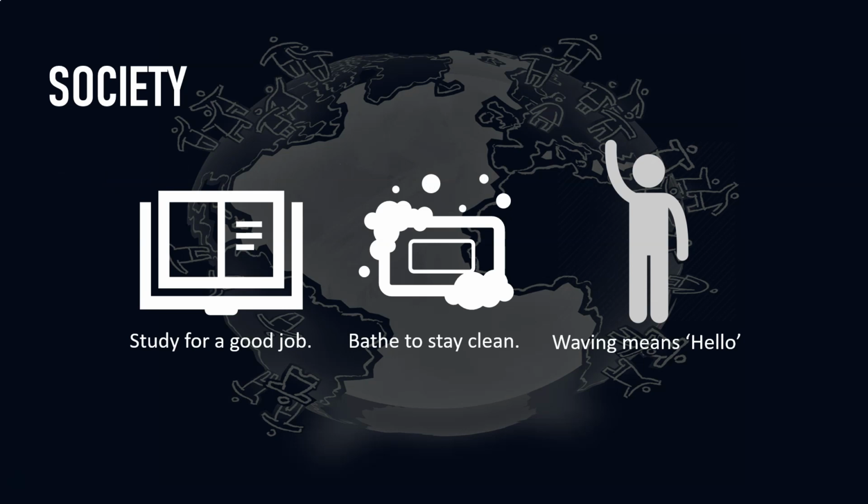For example, we study well for a good job, because in this society that we live in, only people that have a good job and gain a significant salary are respected and socially acceptable, because poor people are disliked since they are considered to not have a job, to not be hardworking. So we've created a society that's wholly based on money, and a society that's divided into rich and poor. So that's why we study well. We want a good job. We want money to gain respect in society.